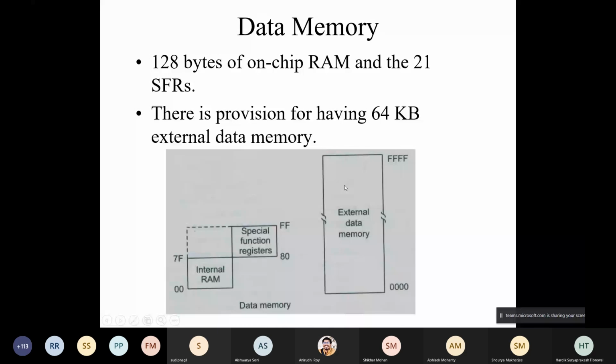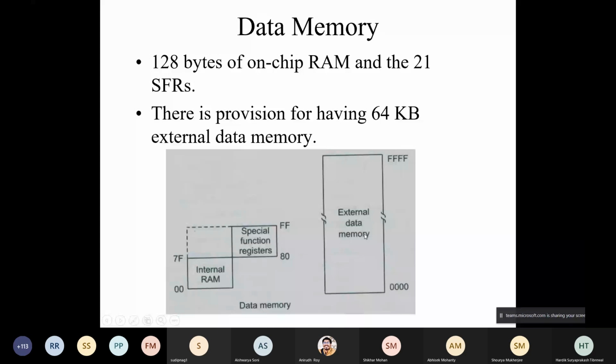Suppose you want to store a lookup table in the ROM, flash memory. While reading that lookup table, you need a data pointer. So that's why this provision is given. For certain applications, you are pre-storing certain data, like the name of your device. You are making a product and you are assigning a unique identifier or unique model number. Those things must be read using the data pointer, because information like attributes should be permanent in nature, so it should be stored in non-volatile memory. But during operation, you can read it as data.